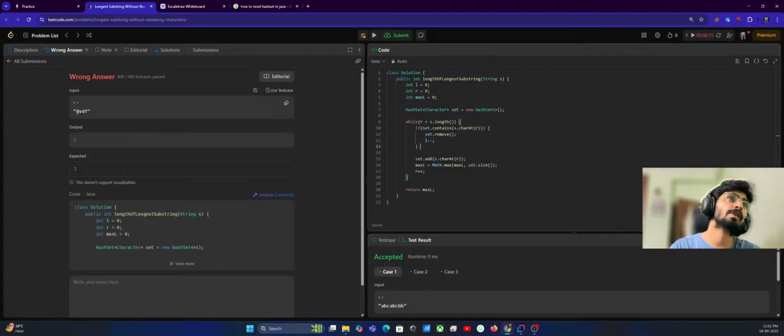DVDF. What if we have VDDF? So we have D and D again. So what we need to do? We need to remove till that element is not completely removed from the hash set. All right. So in that case, we need to use a while loop. So while that set contains this element,